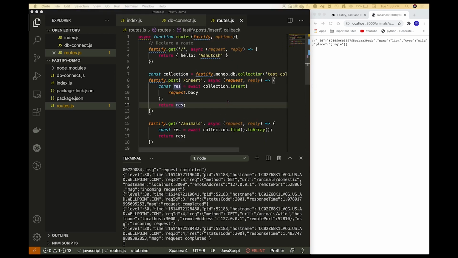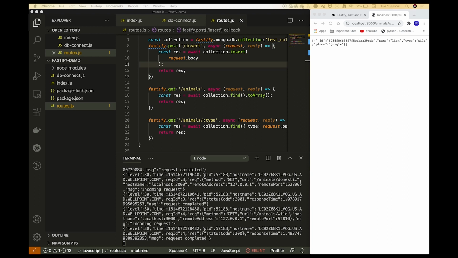So let us now talk about hooks. Hooks are nothing but, if you want to listen to specific events in the application or request response cycle, then you can use hooks for that. Let us say you are getting a request from a client application, and on getting a request you want to execute some functionality, then you can do that using the on request hook.